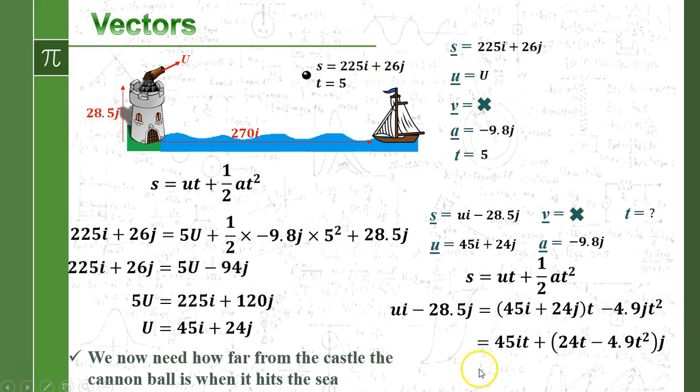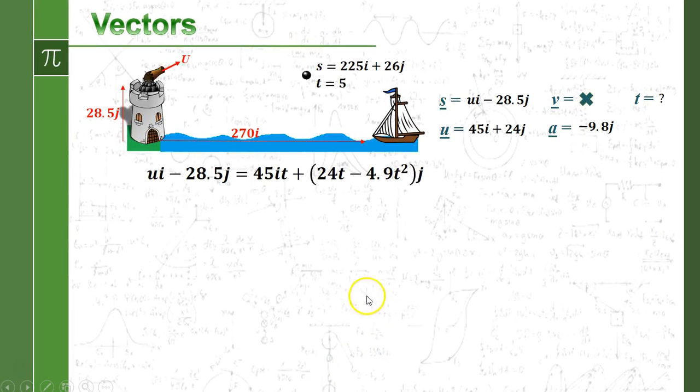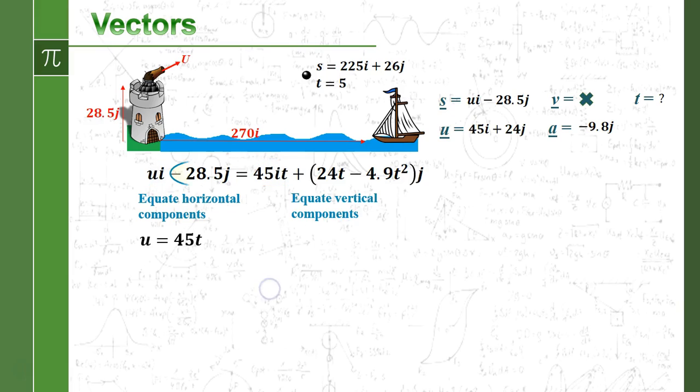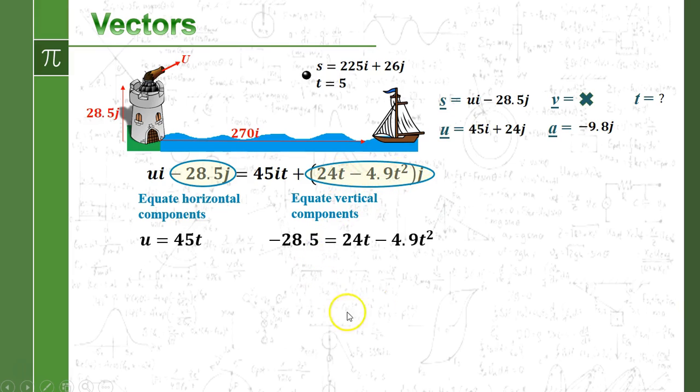That's our vertical components. Now, the reason that's useful is because what we're going to say is, well, we know that if this bit on the left is going to be equivalent to this bit on the right, we can equate our horizontal components, and by looking at that, we can say that u is going to be 45t. And if we equate the vertical components, we've got minus 28.5 has got to be equal to 24t minus 4.9t